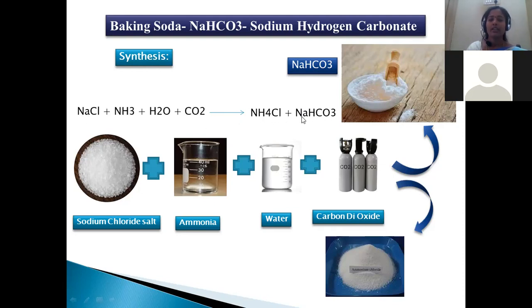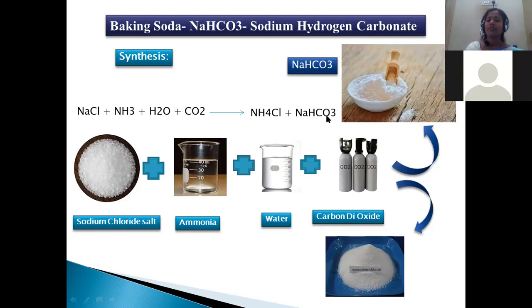Here one sodium atom is there, here also one sodium atom, and one chlorine is there, here also we have one chlorine. Then hydrogens are 3 plus 2, total 5 hydrogens in the reactant species. Here we have 4 hydrogens, here 1 hydrogen is there. Hydrogen atoms are also balanced. Let us count the nitrogen atoms. Here 1 nitrogen is there, and in the product also we have 1 nitrogen atom. Oxygen atoms are 1 plus 2, 3 oxygen atoms in the starting material, and even in the product we have 3 oxygen atoms. Hence we can say the equation is completely balanced.